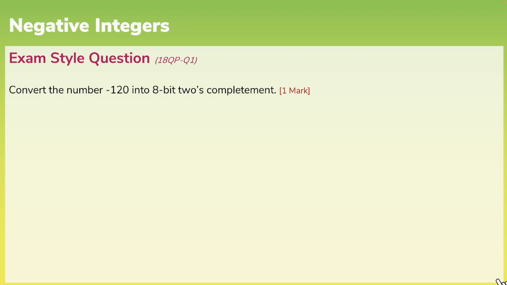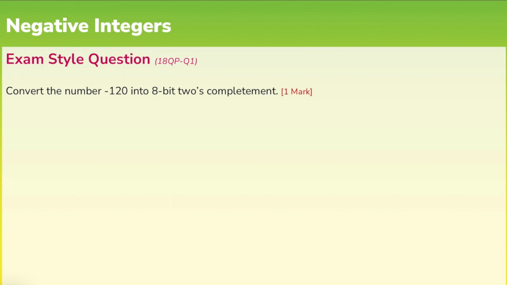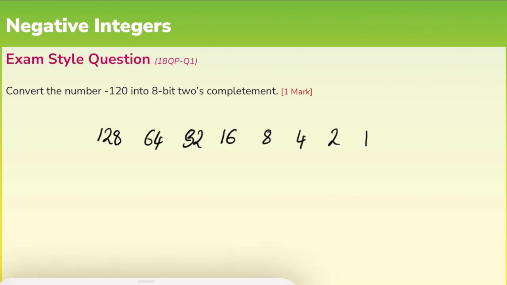Again, why don't you have a go at working this out yourself? Okay, let's have a look at how we convert minus 120 into 8-bit 2's complement. For the first step, we're going to write out our binary heading, starting at 1 and going up until we have used 8 bits. Then you'll recall the first step is we need to find the value for a positive